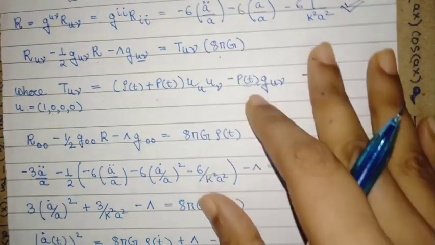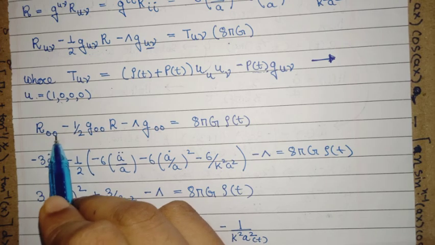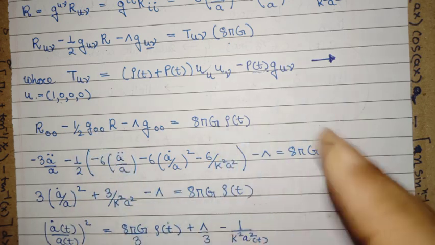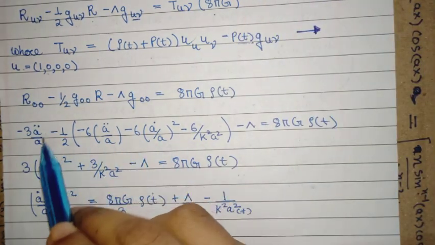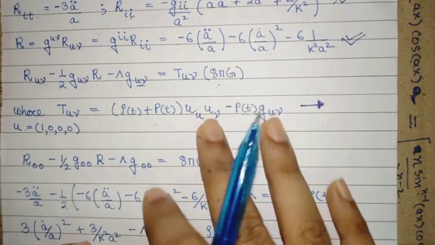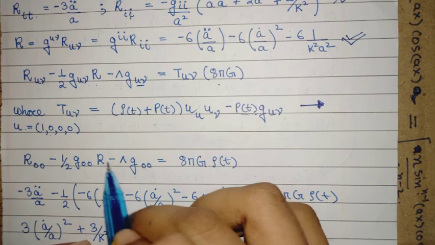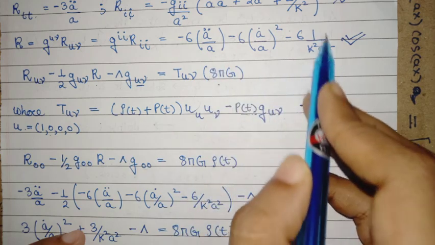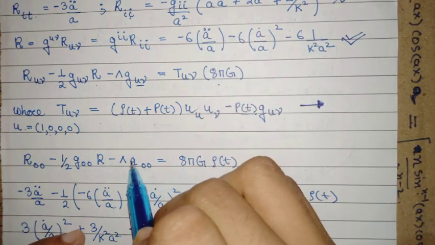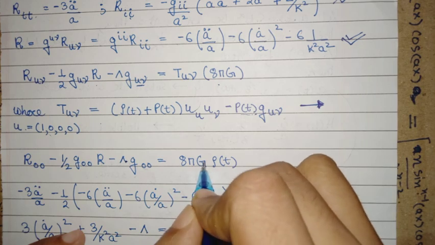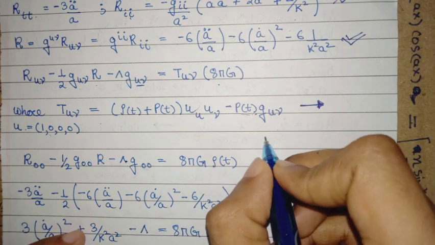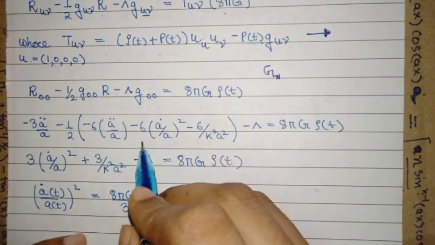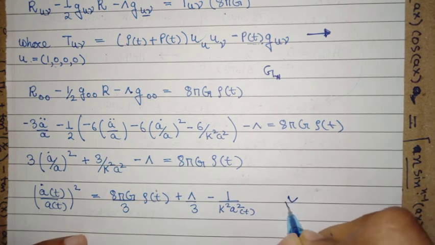So substituting everything for the temporal part, if you put the 0 components everywhere, then you can simplify. So R00 is R_tt, which is just this, and here capital R, which is the Ricci scalar, is just this big thing, and lambda is the cosmological constant. This is the gravitational constant. You can put the Newton gravitational constant. Well, then you simplify and then you arrive at this.